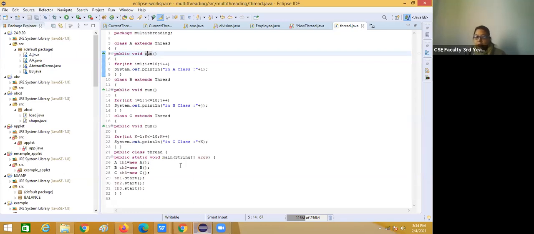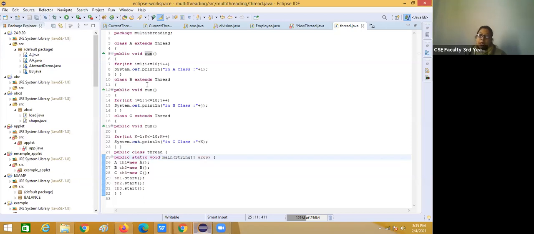When the compiler gets to static void main, that means this is the main thread, and it will start running without any implementation of a run method. So we don't need any run method for the main thread, because we have static. You can see we have static.